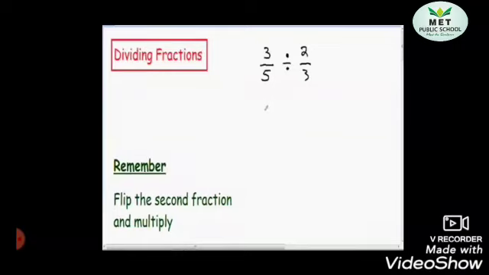But to do the division, the first step here is to flip the second fraction. So write the first fraction as it is, 3 divided by 5. Put a multiplication symbol in the place of division and flip the second fraction. 2 by 3 you will write as 3 by 2, the reciprocal. You are flipping that fraction. Whenever you replace the division symbol with the multiplication symbol, you have to flip the second fraction. So now 3 3s are 9, 5 2s are 10. So your answer will be 9 divided by 10.